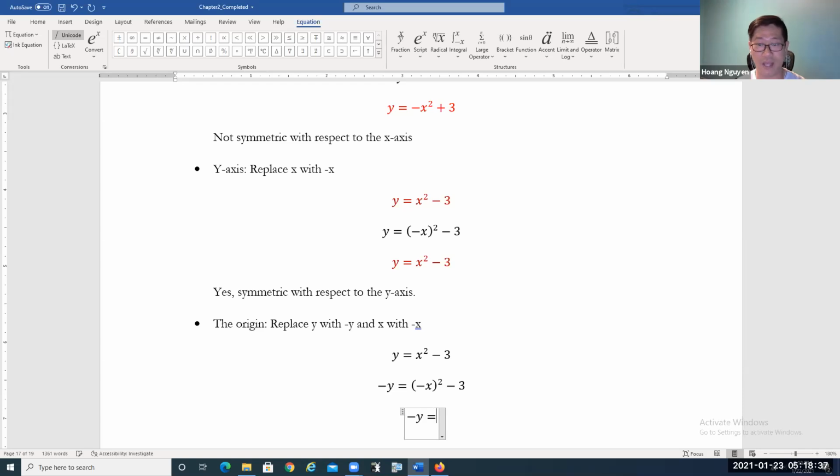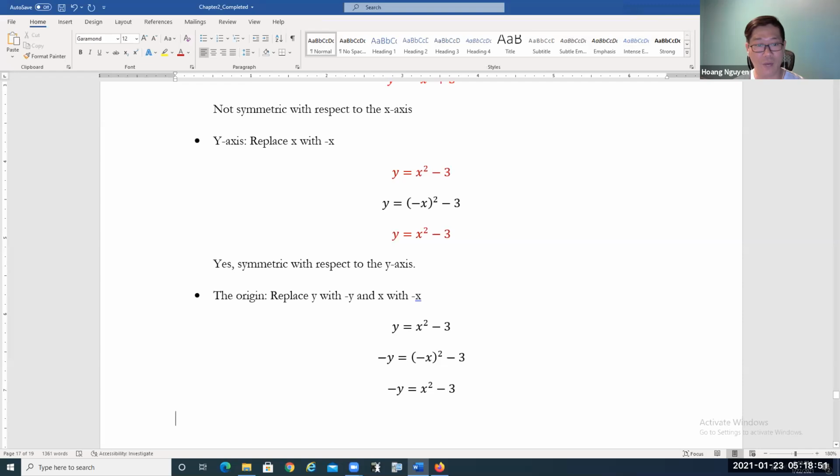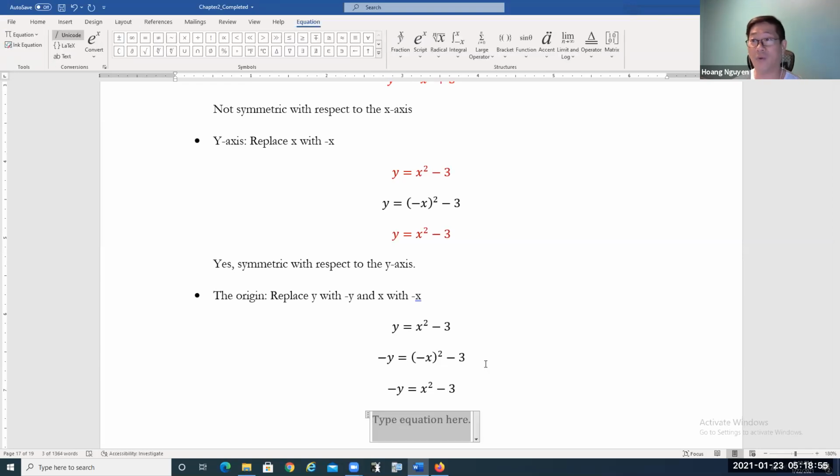But when you take negative x raised to the power 2, a negative number raised to an even power, the answer will be positive. So it gives you just x squared minus 3. Once again, I don't want the negative in front of the y, so I will divide both sides of this equation by negative 1. So we have y is equal